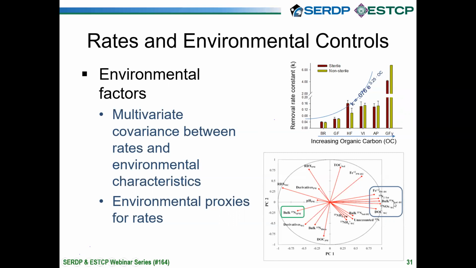And then once we've identified some of those specific environmental factors, what we can do is, so this top plot actually shows some rate constants for DNAN across a range of increasing organic carbon. We can then derive mathematical functions based upon what those environmental parameters are. So essentially we're looking for environmental proxies that correspond to whether or not you're going to have a high mineralization rate or low mineralization rate. And these kind of proxies, again, are very useful for constructing reaction and transport models and parameterizing